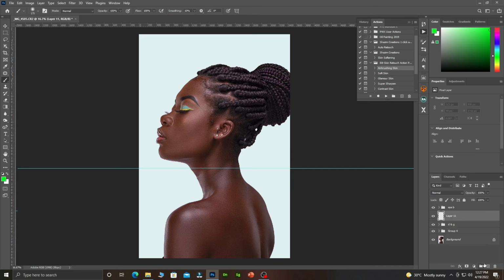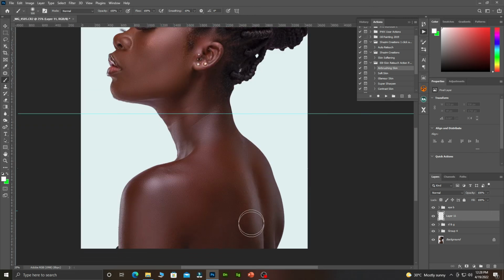Okay, then what you do is you still use a black and white, but if you are a beginner, then you have to use the black and white to know the difference between her shadows and the highlight. But if you're a pro, you know that here are my highlights, this place is my midtones, and here's my shadows. So what I'm going to do is apply that kind of glow to the highlight. So I go for my white brush, then increase the size of my brush, then here we have the highlight over here. So I'm going to paint here,